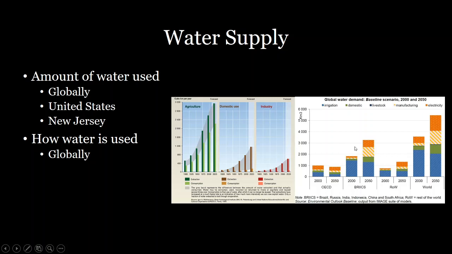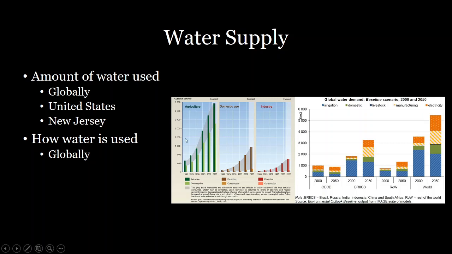To put that another way, we can use the trends in how much water is used by each sector in order to predict how much water we're going to be using in the future, depending on the country you're in. These are the graphs that show the amount of extracted water as well as the amount of water being consumed. These are not equal just because a lot of times you can extract water, use it, and then put it back into the river for it to be extracted again. So that doesn't count into consumption.